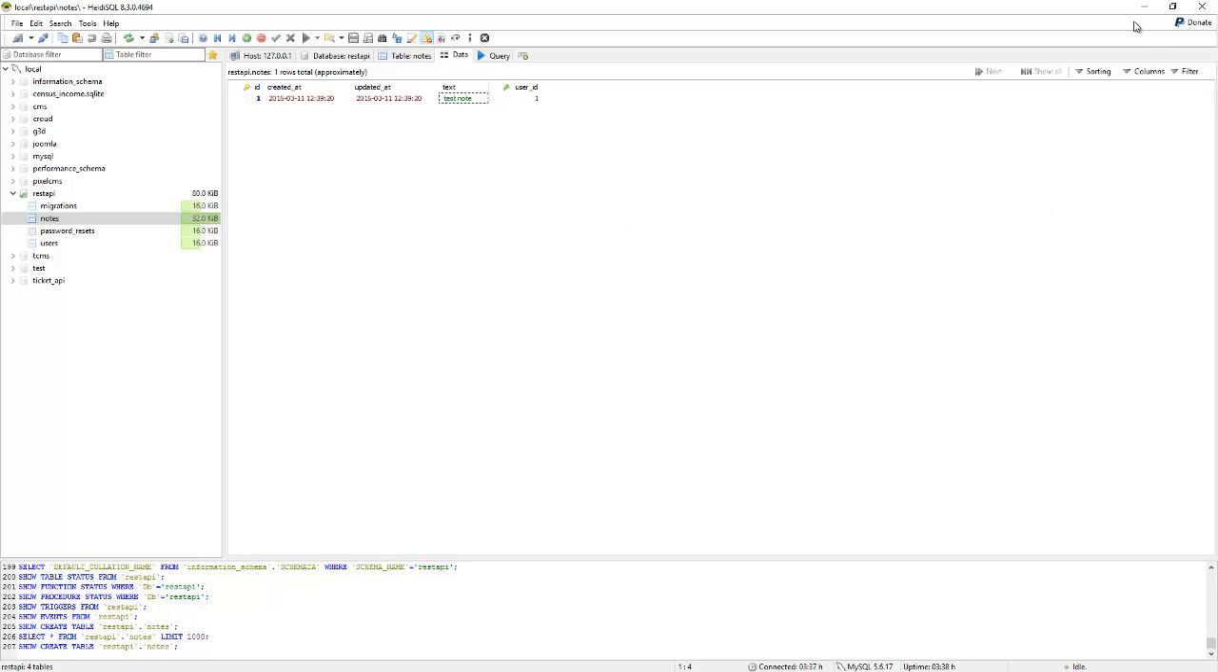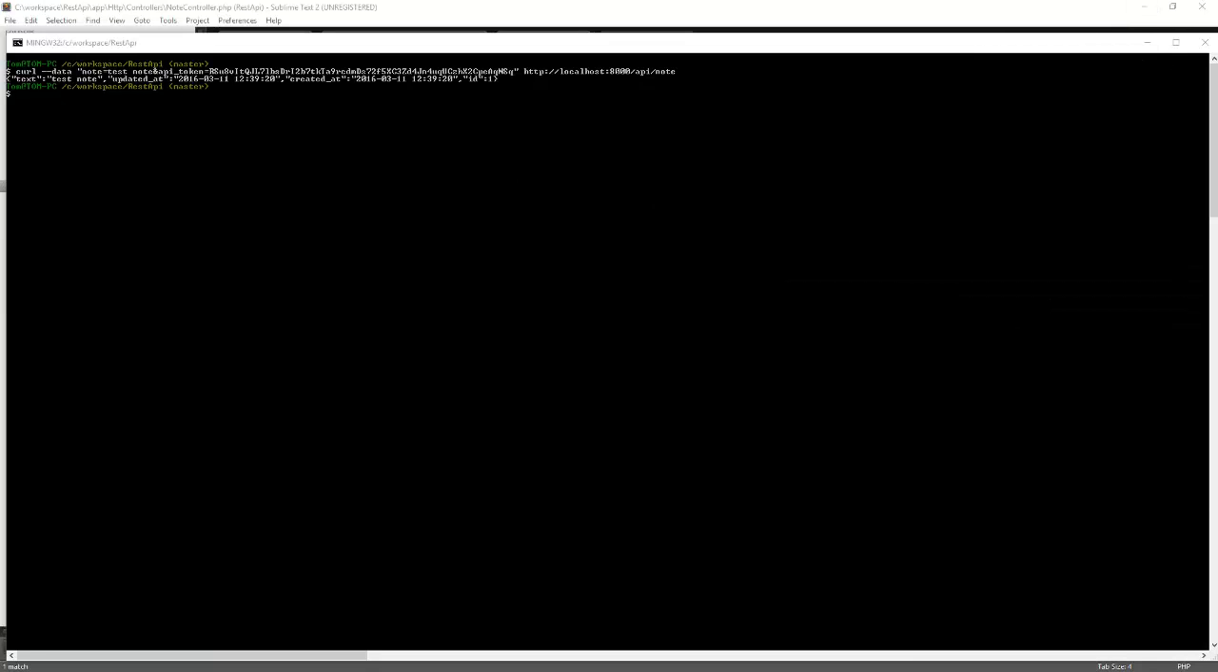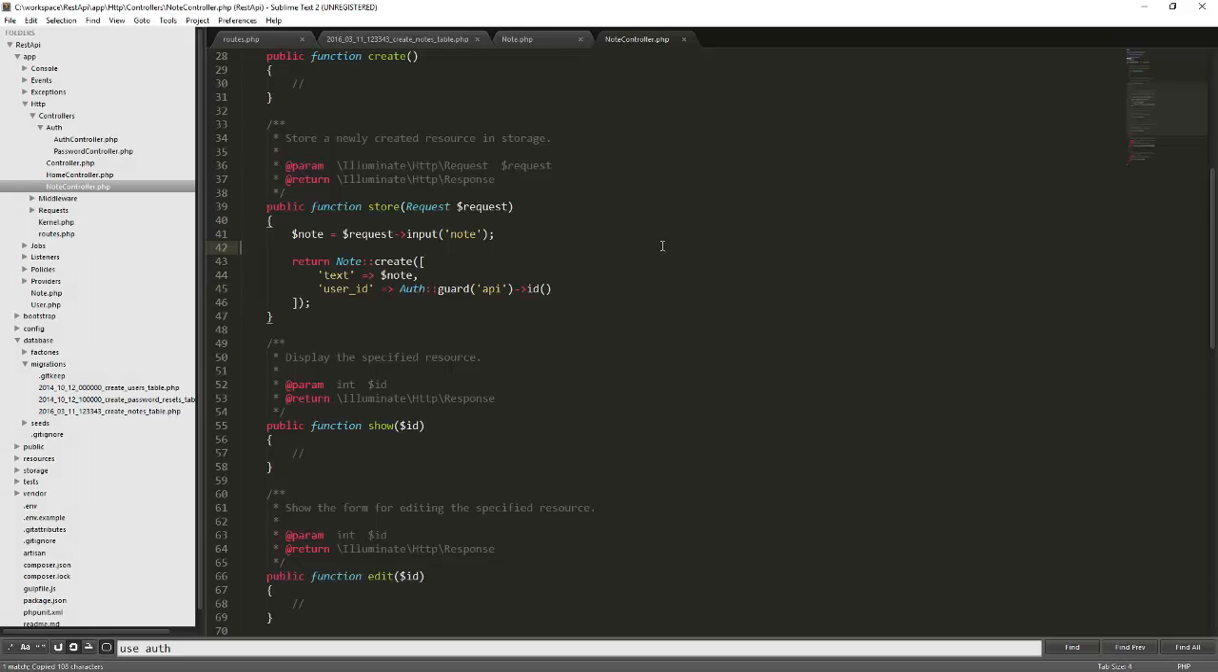So now we're going to actually try and retrieve that note with the API token. If I don't put the API token, this will just fail. You need that for it to pass that route group. So next we'll do the show method. So I'll just copy what I've got here quickly first. So show method,